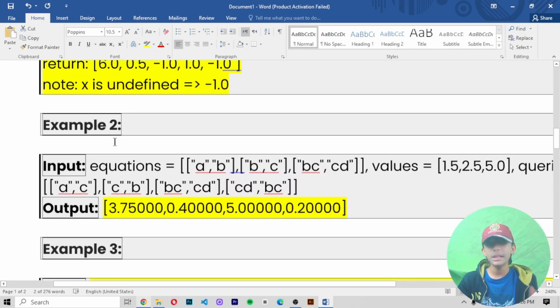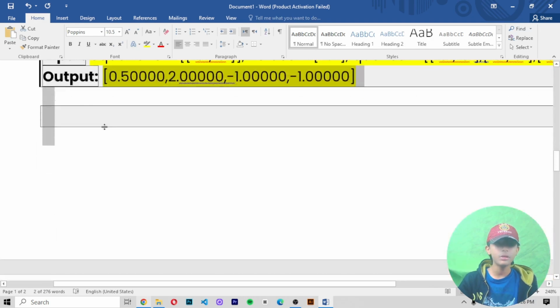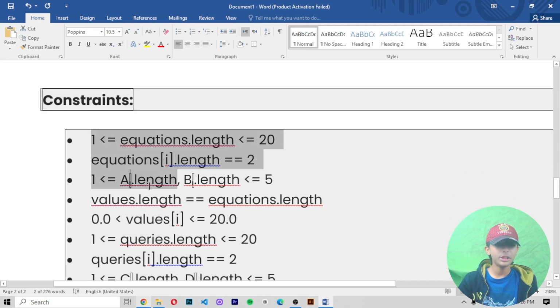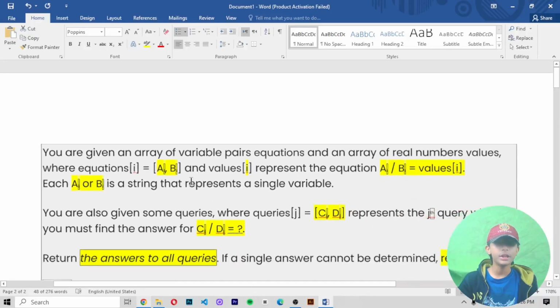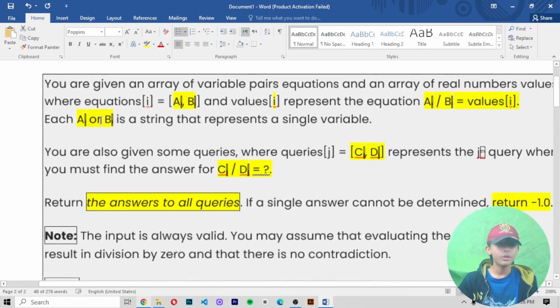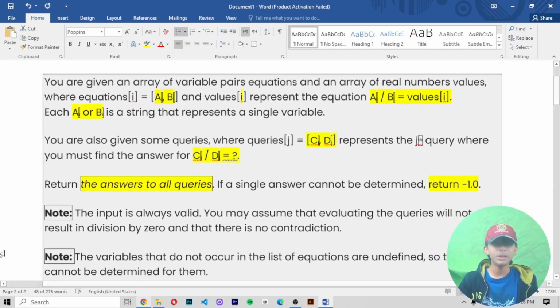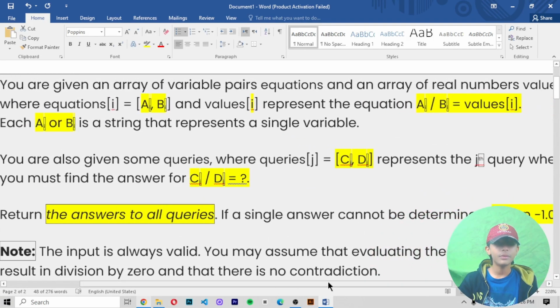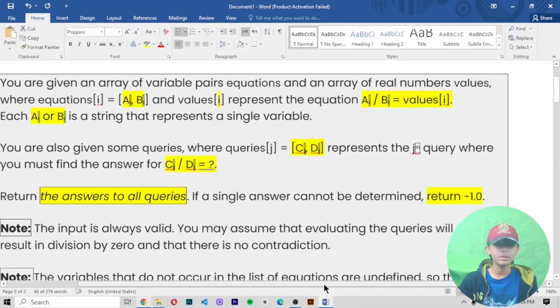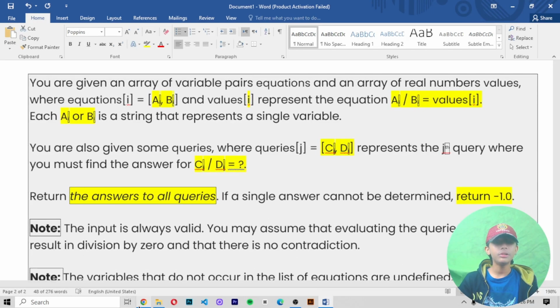So there are 3 cases which we have solved in today's video, and these are the constraints which we have used in today's video, and I hope you understand the question which has been given to me. I highlighted something, so please focus on the highlighted things, because these are very important for us. Okay, so let's start to write the code.